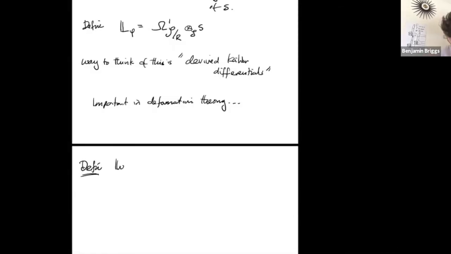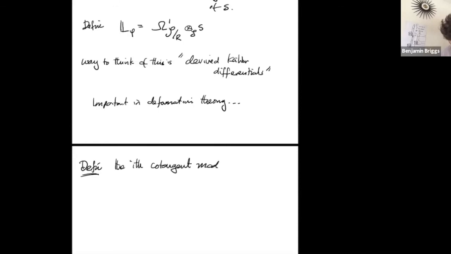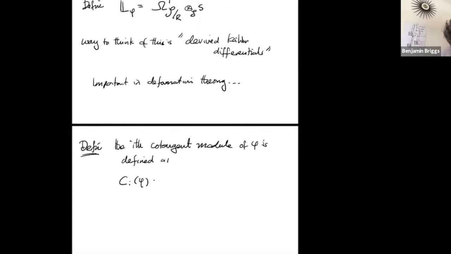So the ith cotangent module of phi is defined by Ci of phi: you look inside the cotangent complex and you take the co-kernel of this map going from i plus 1 down to i,